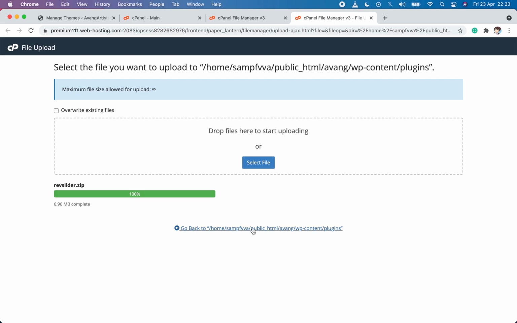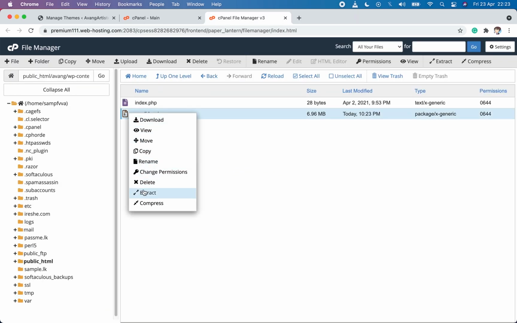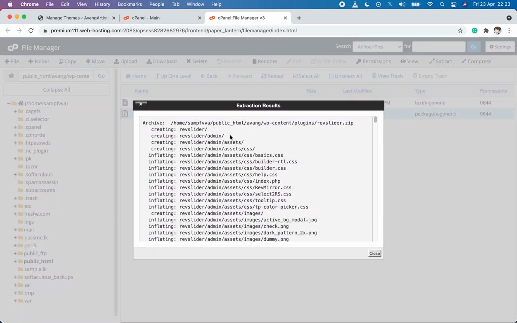After the upload is completed, go back to the plugins folder, right click and extract the plugin that we uploaded just now.